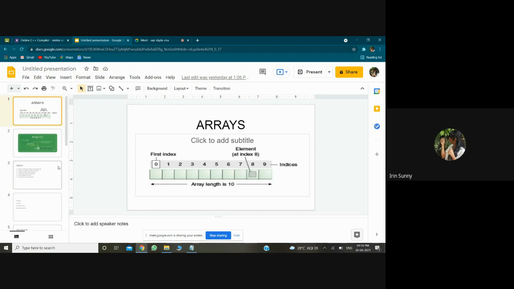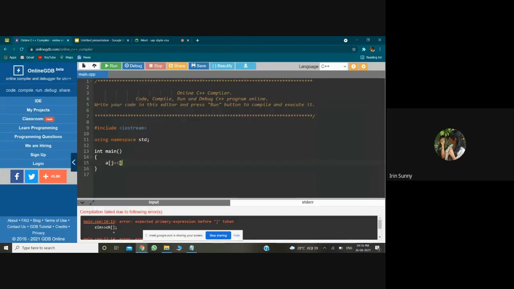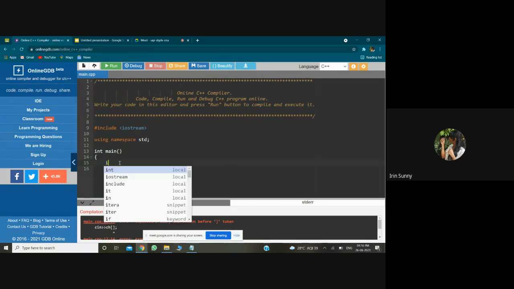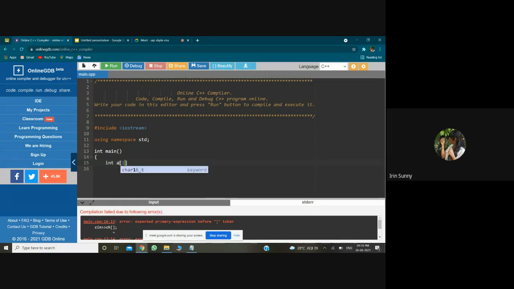For example, let's try with another question. I have an array, int a of 10, or int a with some values. I have values like 4, 5, 6. These are the three values of the array.